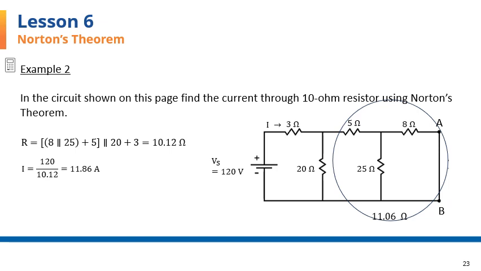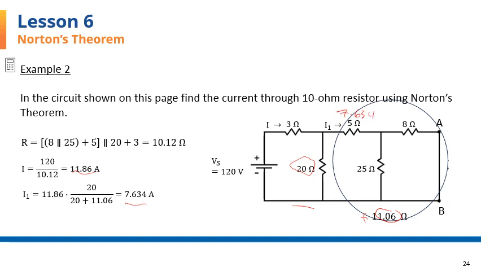and I need the current through the 5 ohm resistor, which can be found through the use of the current divider again. So we have 11.86 coming through here. There's a branching of this current. One of the branches has a 20 ohm resistor, the other branch has 11.06 ohm resistance. So the current that goes through the 5 ohm resistor is 11.86 times 20 over the sum of 20 and 11.06, which is shown here in the denominator. And that comes to 7.634. That would be I1 going through the 5 ohm resistor,